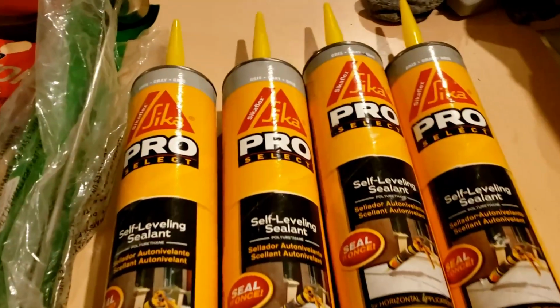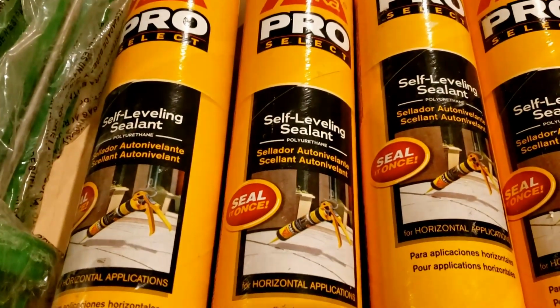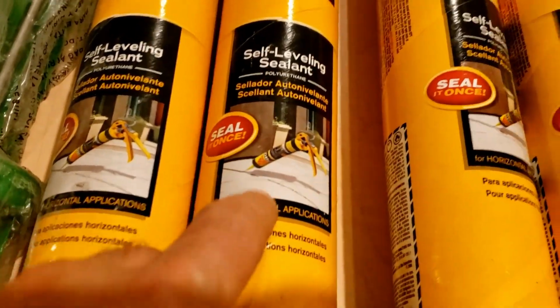Let me show you here. Okay, today is crack day. We're going to get all these cracks filled in. And what I have to do that, I don't know if I showed you this before, I don't remember. I have some of this Sika Pro Select self-leveling sealant that's used for the expansion joints and cracks, filling,